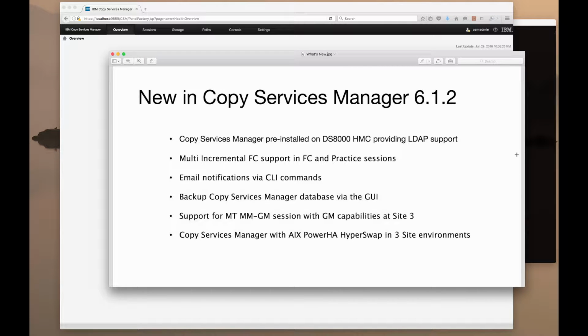Hi, today I'm going to go over some of the new features in Copy Services Manager 6.1.2. We just released it on June 28th, 2016 for the distributed side, and in a couple days here we'll have the z/OS side as well, a z/OS PTF available. So to go down the list, first thing I want to mention is Copy Services Manager is now